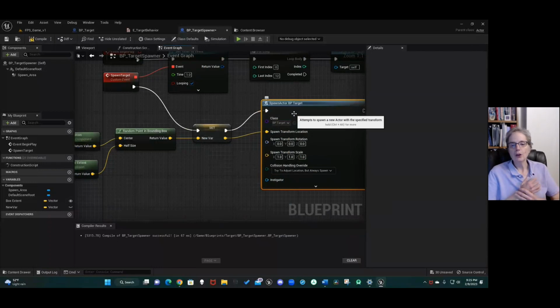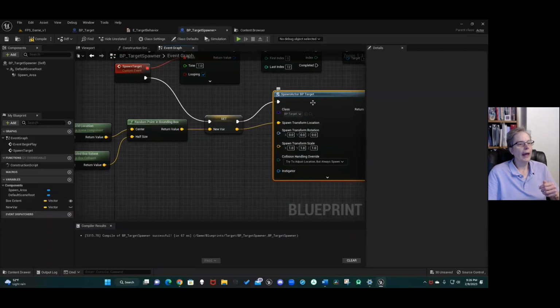which is really cool. So when the targets spawn, I want them to face the player camera. And so they do a little bit, but as they spawn, some of them are going to not face forward. So I want to make sure they rotate to the camera. And we can do that by using a spawn location. So if we drag off of the spawn actor BP target node here,